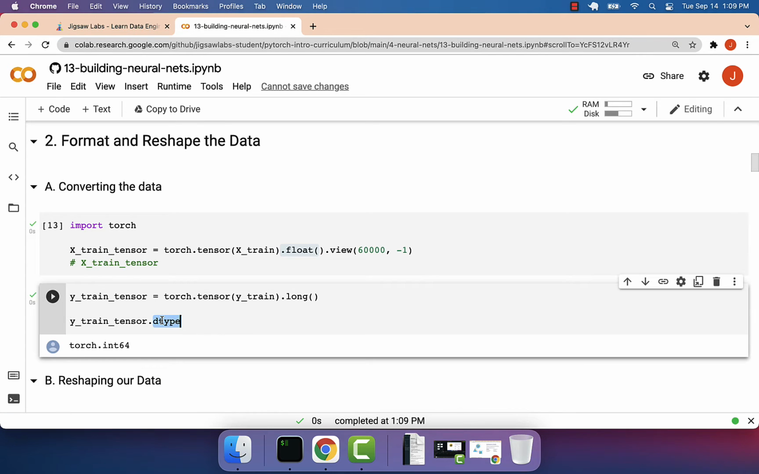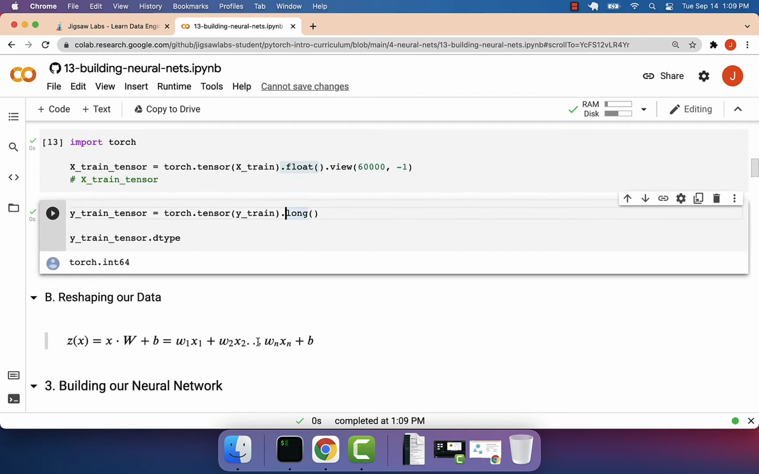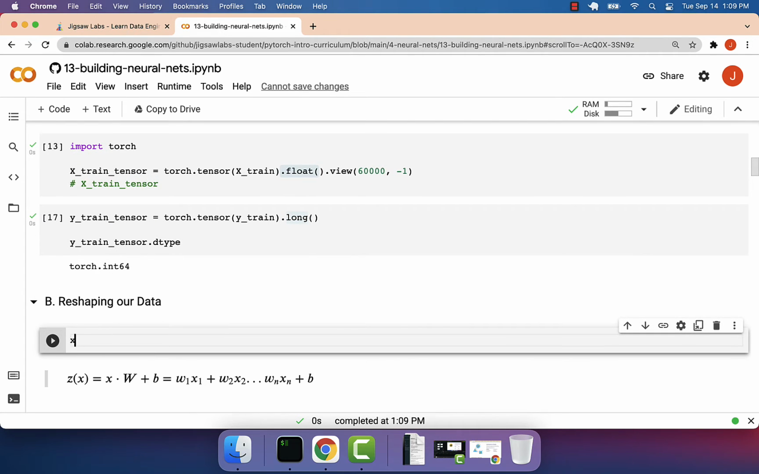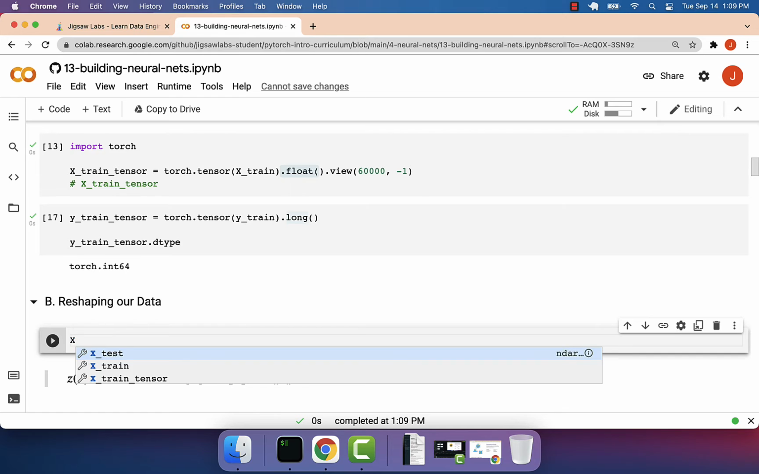And it says integer, which seems like we're on the right track. Okay, so we have converted this to of type long. All right, so we've done this part. We've reshaped our data. If you think about each one of these vectors, so we have x train tensor,